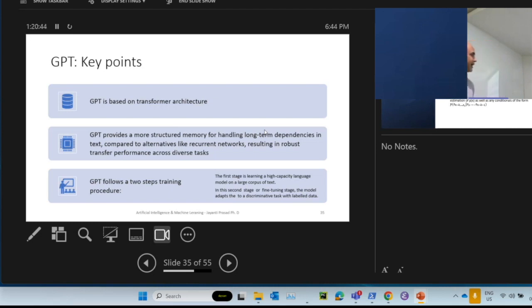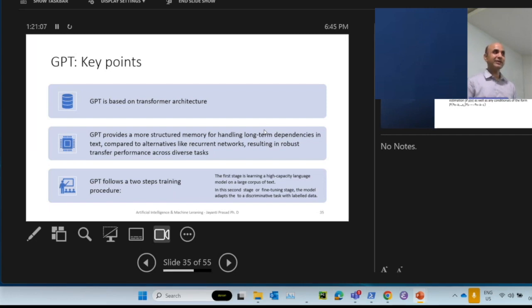When I say a high capacity language model, it means the probability of all probable sentences is correct and very good, and the probability of all the sentences which are not there anywhere and which do not make sense will be very low. So it will not generate text which doesn't make sense. The example is ChatGPT. The probability of ChatGPT generating some sentence which does not make any sense is very, very low. So the language model is very strong.